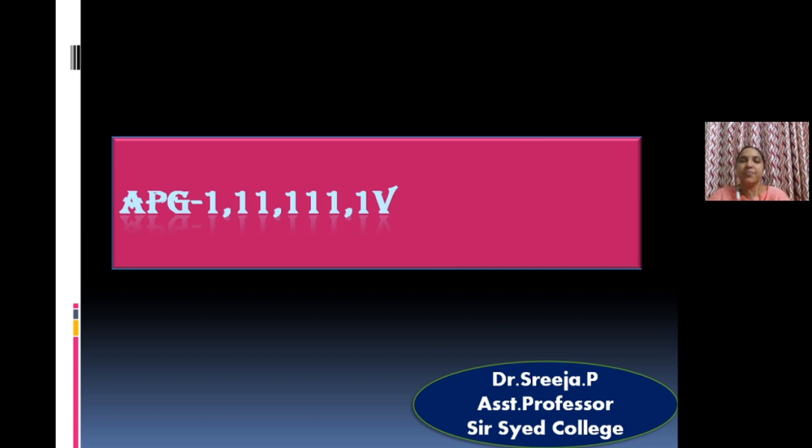Welcome back again. In the last class, we discussed the classification of angiosperm phylogeny group, its introduction, and I have given you the principles of the APG system. So, today we are going to discuss some of the important features of the revisions of each APG system, APG 1, 2, 3 and 4.